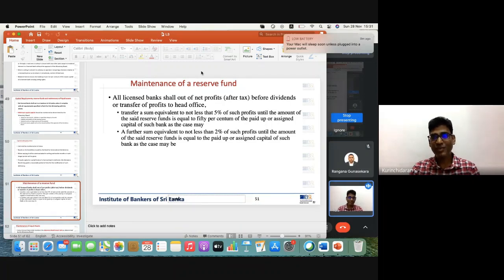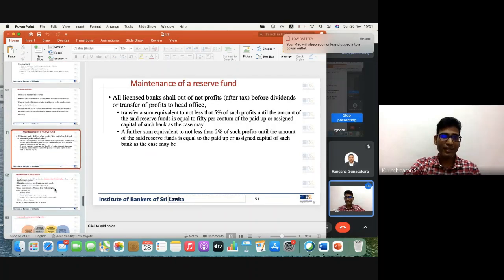You may have a lot of doubts when you put it to work, so you can call bank supervision and get it cleared, or you can write to bank supervision and get it cleared. So please go through the rules and regulations. That not only safeguards the banks, but also safeguards you as well, because when a problem comes, that will be fixed with you, not the bank. So within your bank, officers might be penalized.